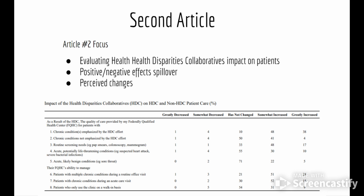The study also examines how FQHC personnel perceive changes in quality of care provided to patients with chronic conditions emphasized by the HDC, as well as those with non-HDC conditions. It also assesses whether the HDC improves the ability of FQHCs to manage patients with multiple chronic conditions and routine screening needs. Down below is this table right here,